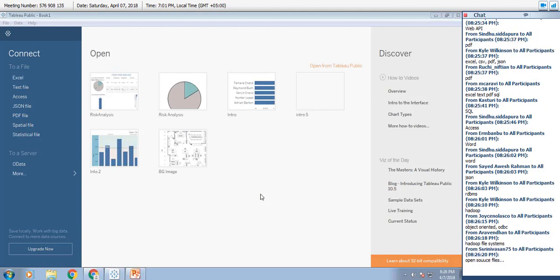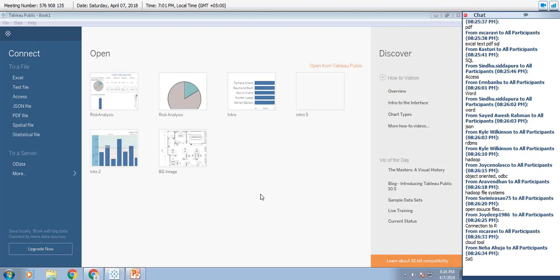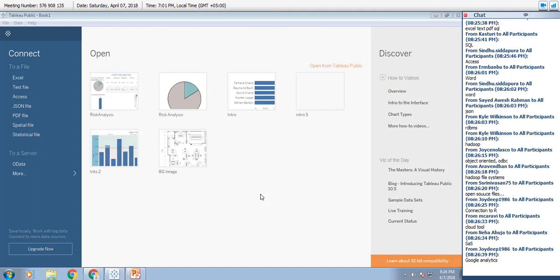ODBC is basically a connection, okay? So you have a lot of online data as well. That is, data coming in from Twitter, Facebook, and everything. JSON, yes, you can also access JSON directly. You have data coming from your SAS, perfect. Google Analytics, yes. So you have data coming from multiple places.